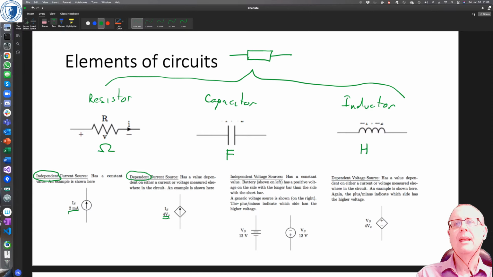That's for current sources. We also have the same thing with voltage sources. Voltage sources can be written like this. We often write it like this. A battery is usually just a series of plates together, so we often draw a constant voltage source as a battery like that. And again, these are independent voltage sources. They don't change, whereas you can also have a dependent voltage source which looks like this diamond.